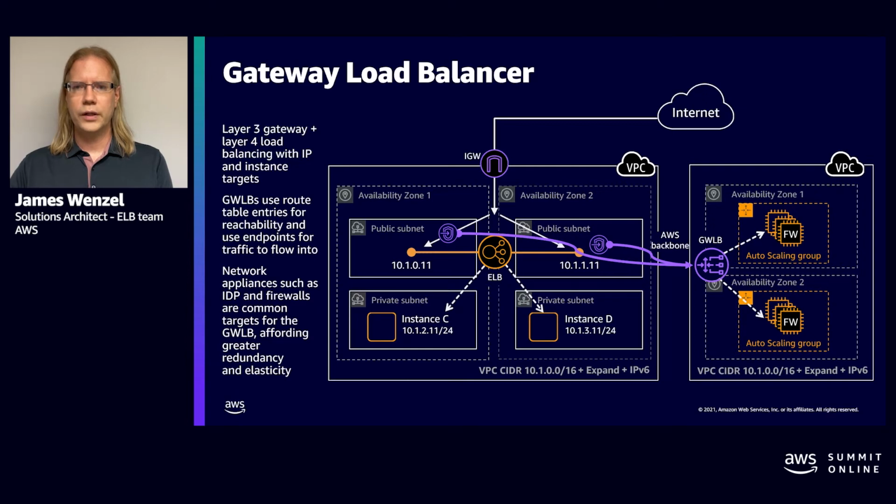In general, the gateway load balancer works basically by encapsulating the packets entirely with Geneve protocol, so that the source, destination, and payload are absolutely preserved, and the source and destination that are actually using that packet never know the wiser. It is important to note that if you're going to use something behind a gateway load balancer, make sure that it supports Geneve. You can find a lot of our partner solutions on our marketplace that automatically support the gateway load balancer, or if you're going to build something yourself using, say, Linux, make sure that Geneve is there.